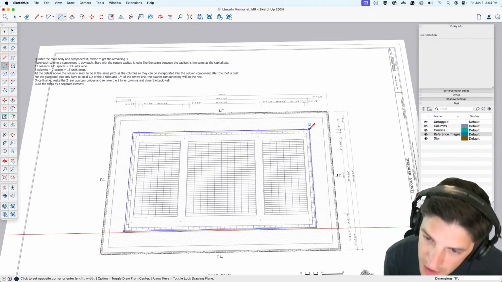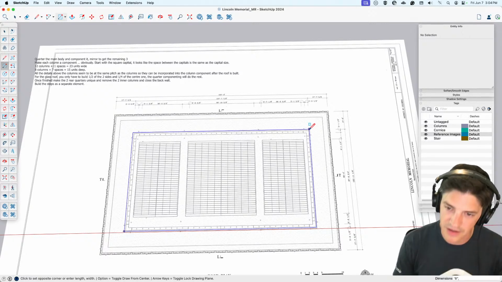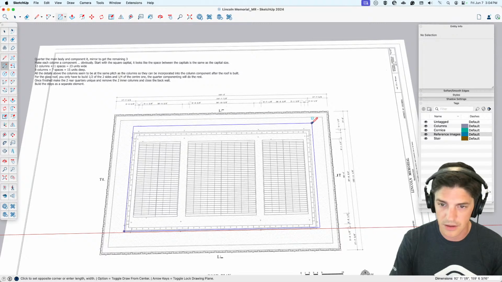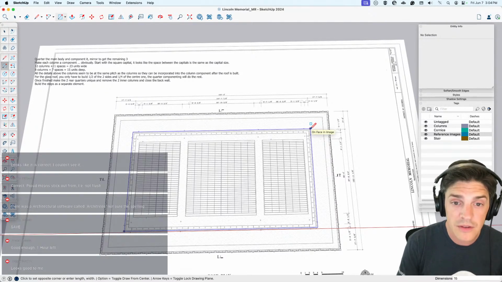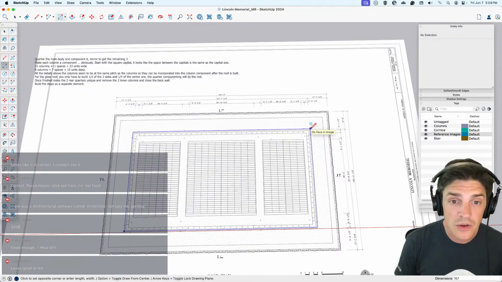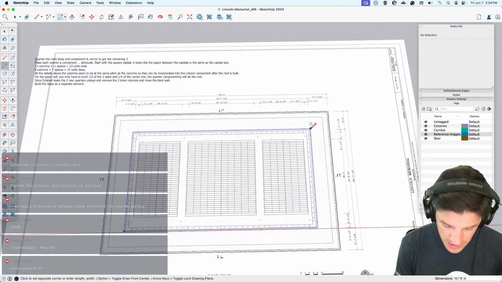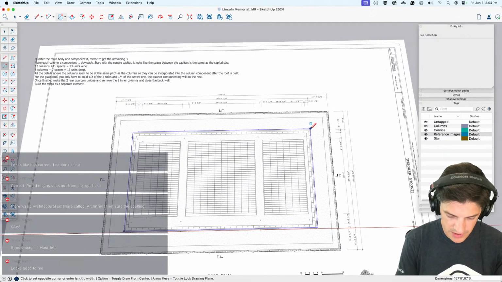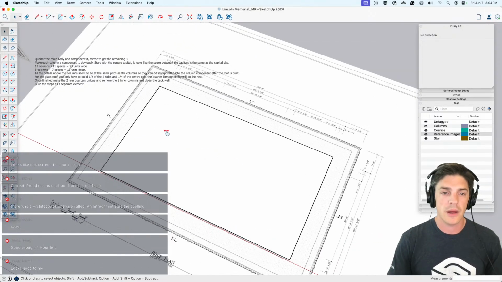We're rounding here, and then 87 feet, 6.75 inches. Okay, and then